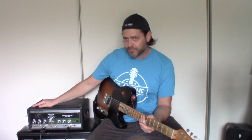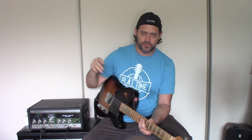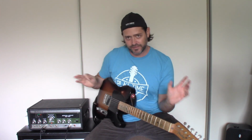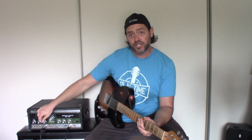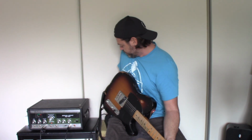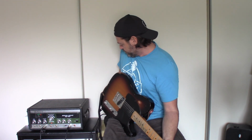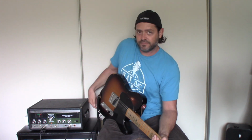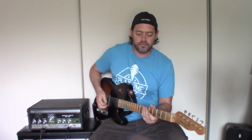But to emulate this preamp on the front end, not have to go on the back end of it, because I know on the back end you can kind of do it, but it's not really the same, and I don't have time to go into that right now. But the magic, when you turn up the preamp here, and the volume, I'm going to turn the volume down on the amp a bit, because it's going to push the front end of the amp. But if you can hear that, so...